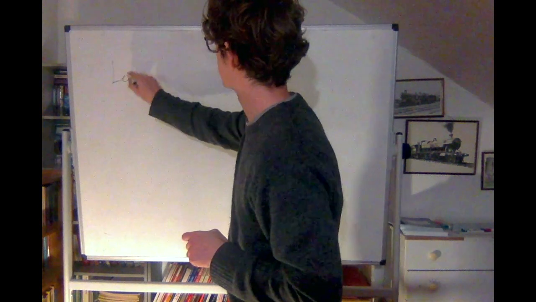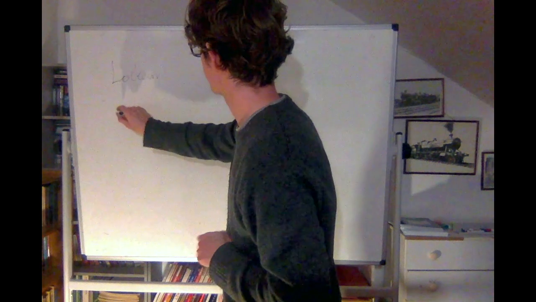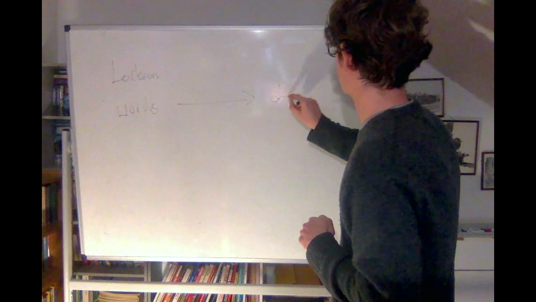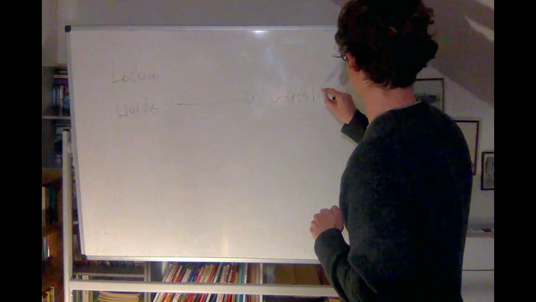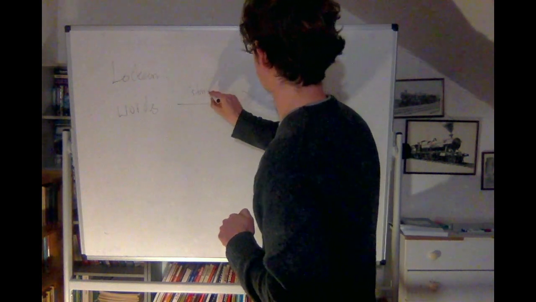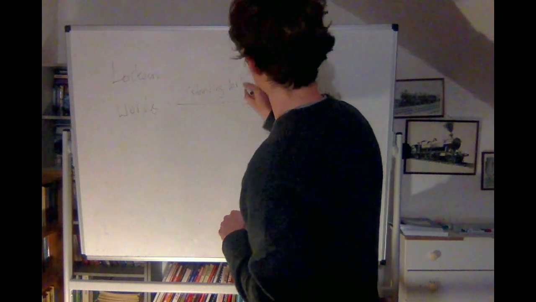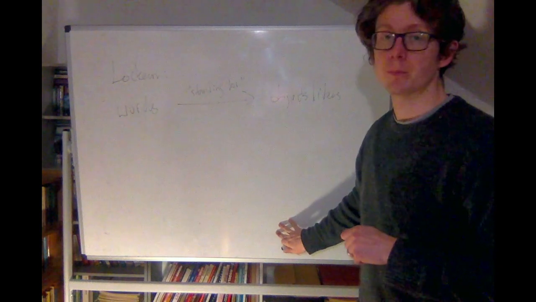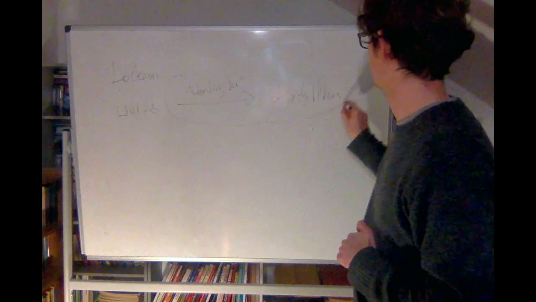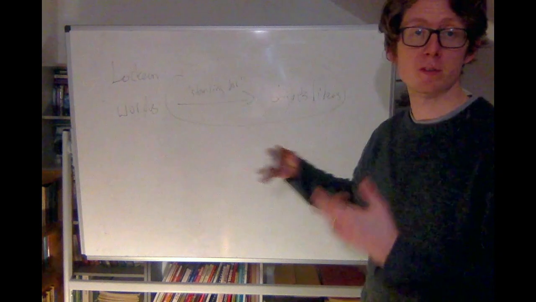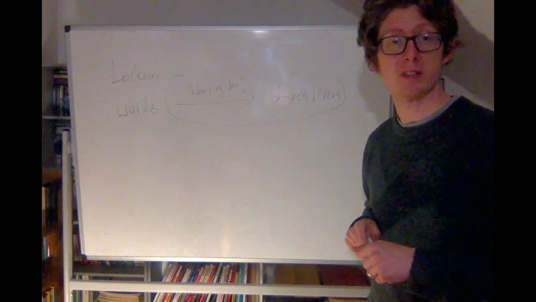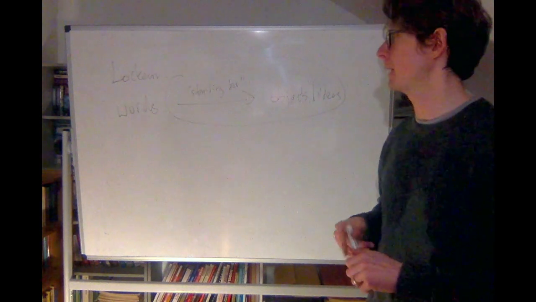We had a Lockean picture where we have words, we have objects or ideas, and we have this standing for relation. The really important idea here is that all there is to meaning is just this standing for relation. That's all there is to meaning. Words just stand for objects. Once you understand what a word stands for, then you understand everything there is to its meaning.